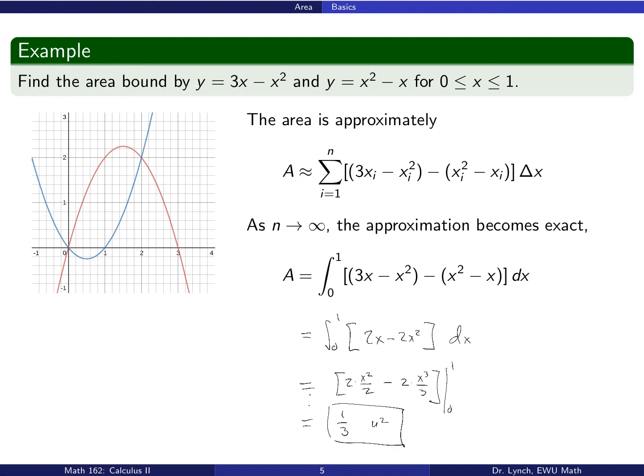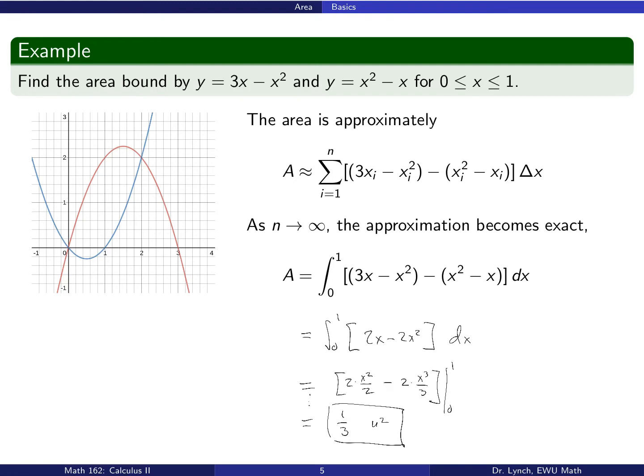So start by simplifying the integrand. 3x minus x squared minus the quantity x squared minus x, distribute the minus sign, obtain 2x minus 2x squared. Power rule for antiderivatives gives us x squared over 2 and x cubed over 3. Evaluate between 0 and 1, and I'll leave off those details and allow you to work on them on your own. And we find that that